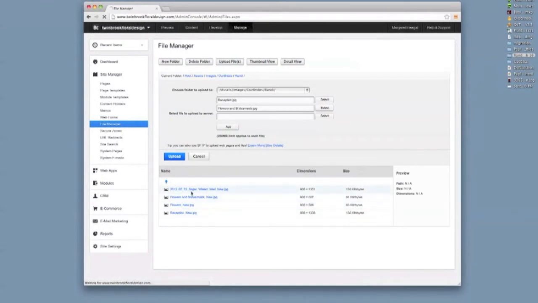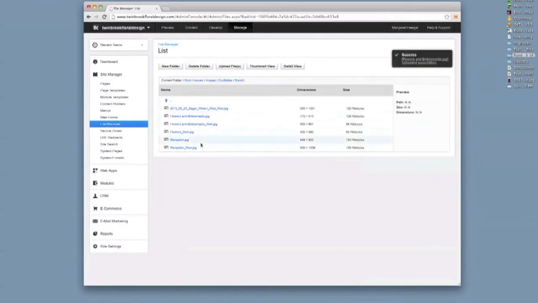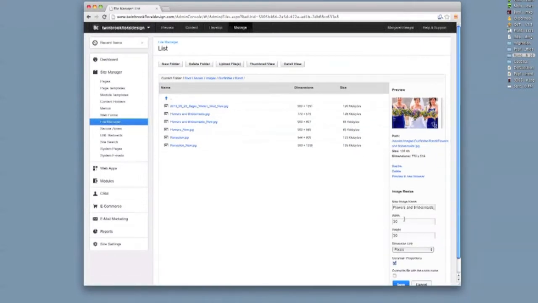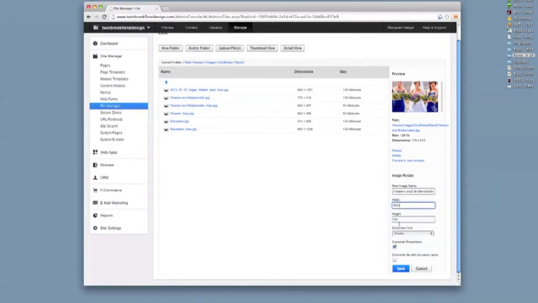And these ones are the new versions, and I'll show you what I did. Basically, to keep everything looking uniform in the photo gallery, I make it 900 wide. So what you would do is you click on the image, because you see here it's 770, and do a resize, and just make this 900. The proportions are already constrained, so you don't do the height, and then click Save,